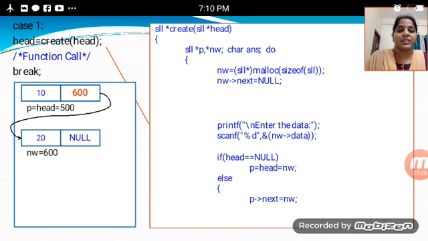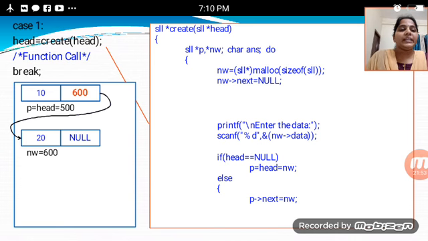in that nw is having 600, having the value 20, which is a location 15, which is the location of another addressing variable, that is 600 having that value of 10 will be there, which is connected with both. If it is found, p is equal to head is equal to nw, else it will be printed. After that, in the else part we will go for p next is equal to nw.